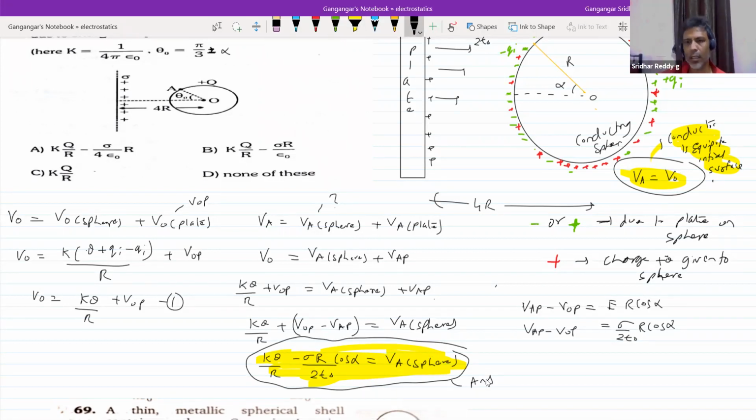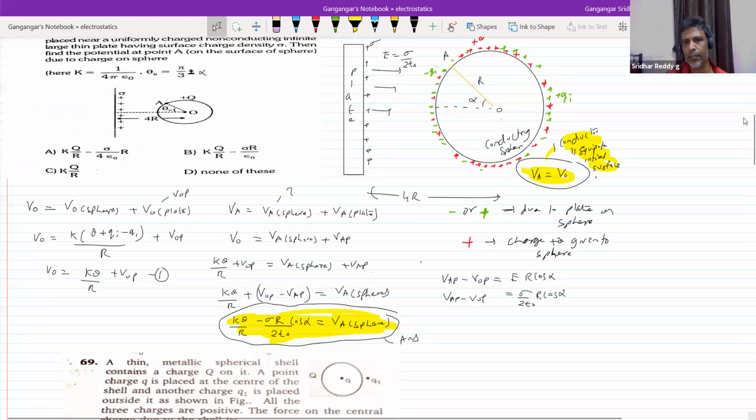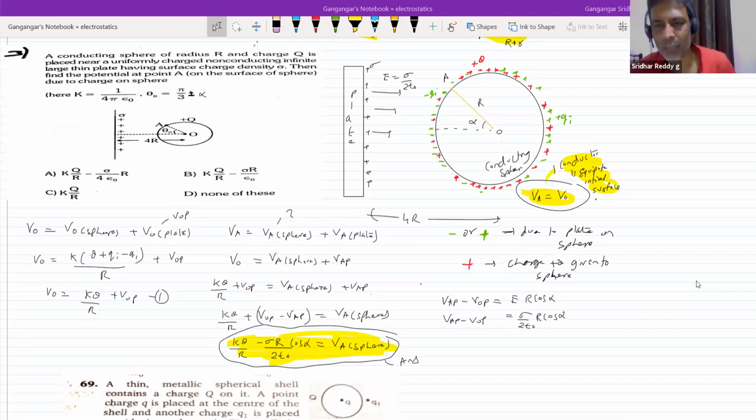I'll bring the total discussion into one view. Just see once. There's nothing wrong in drawing Qi plus Qi, so that it will be easy for you to write a few sets of equations. That's why I brought it here.